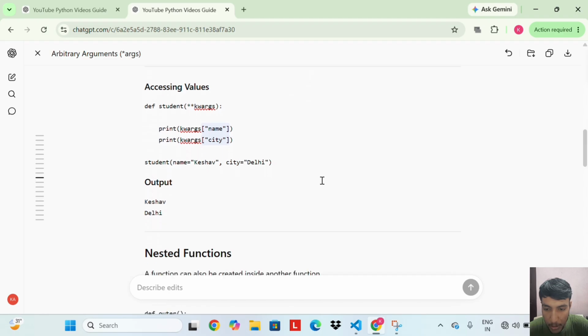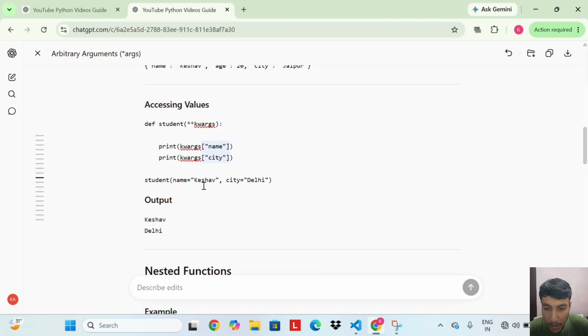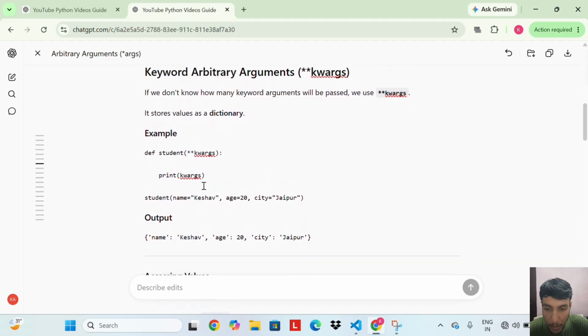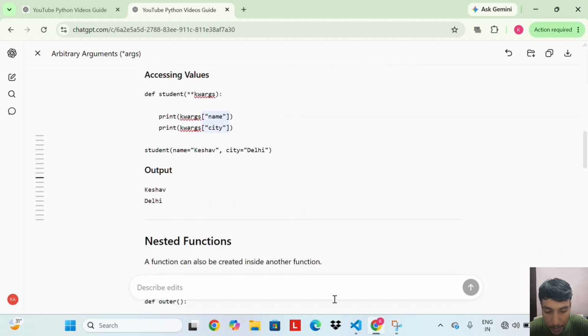Accessing values. So let's do an example of accessing values in keyword arbitrary arguments.